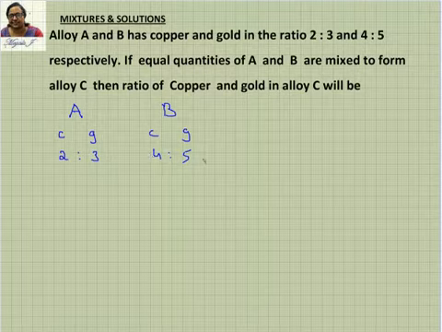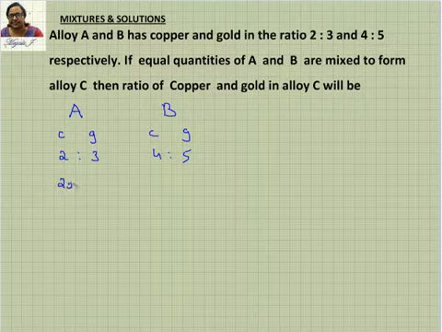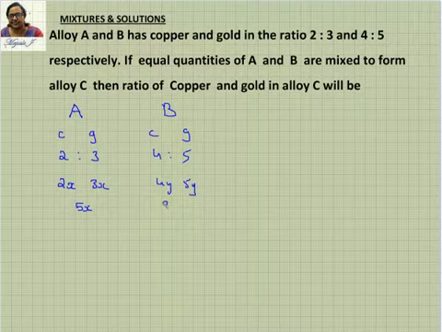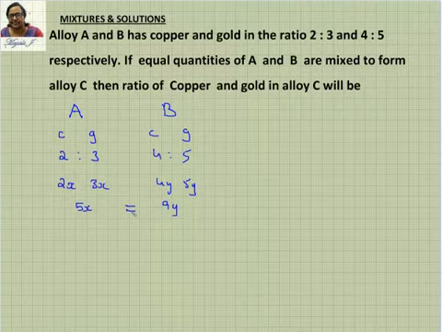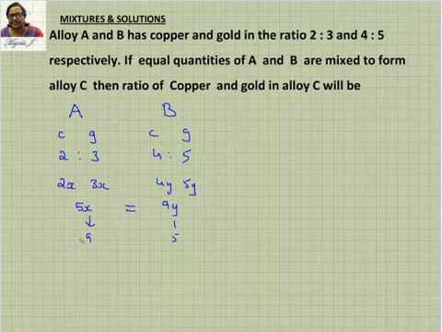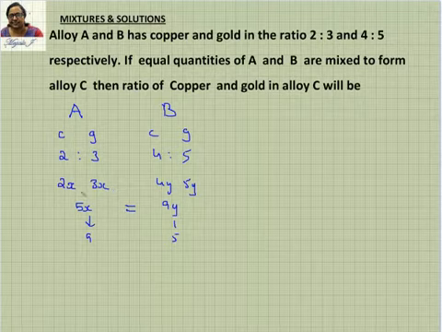So the very first thing you have to do is convert these ratios into quantity. So you have to just consider this as 2x and 3x. And this has to be 4y and 5y because you can't have the same multiple. So the quantity here you can say is 5x. The quantity here is 9y. And it is mentioned that the two quantities are equal. So equate this. Once you equate, you assign constant terms for this. Let x be 9 and let y be 5. So when you say that x is 9 and y is 5, then you have to just substitute the values here.